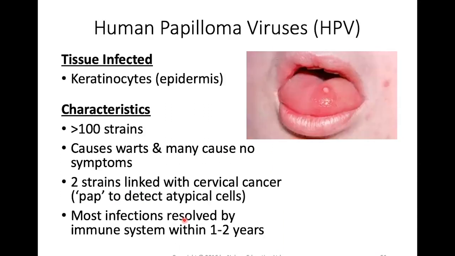Now with HPV, human papillomavirus, HPV is an STI. There are over 100 different strains, and there are two specifically that have been linked with cervical cancer. And this is one of the reasons why they perform a pap smear at an annual physical. They're wanting to look at atypical cells that line the cervix to see if there are any precancerous changes that